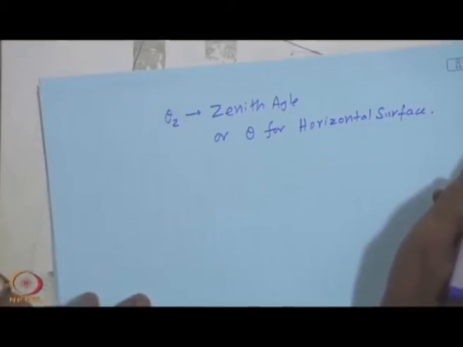Basically, zenith angle is nothing but the angle of incidence in general, if the surface had been horizontal. Now, this horizontal surface, instead of the general theta or angle of incidence, we keep on referring. Main reason is